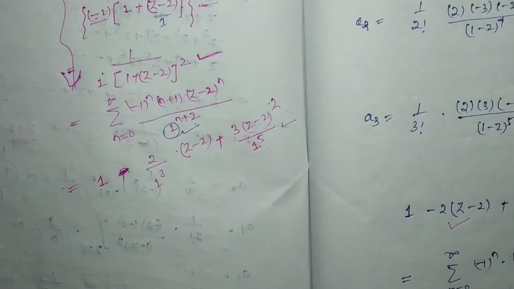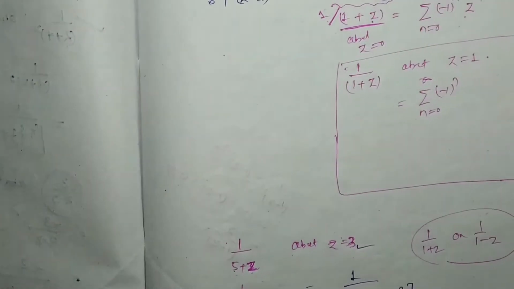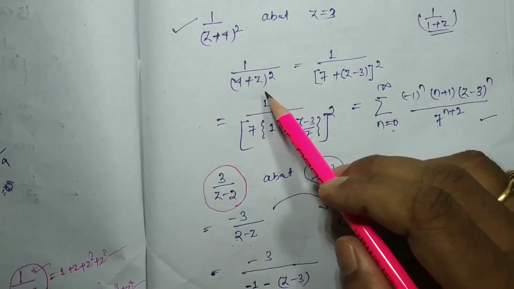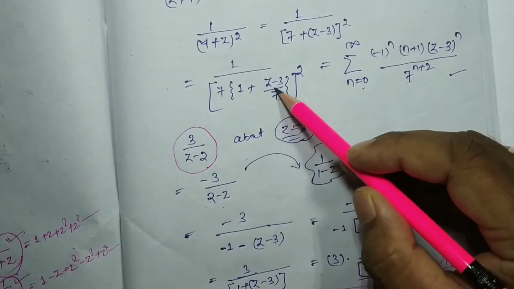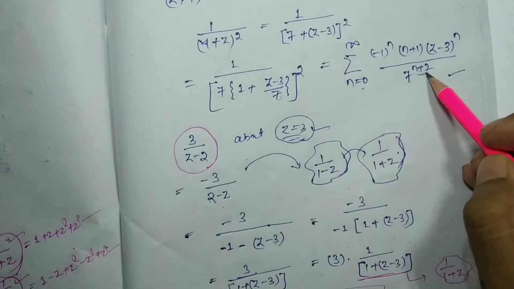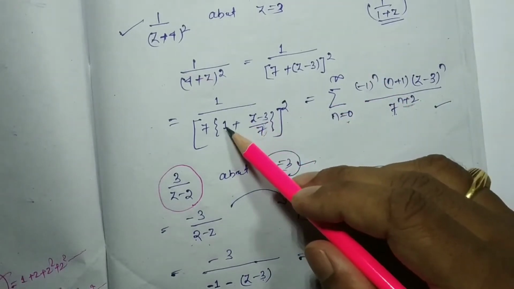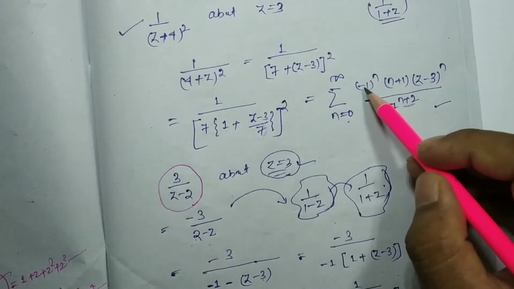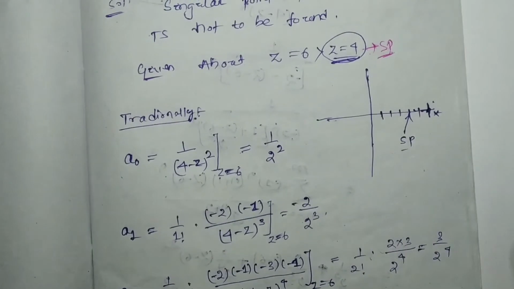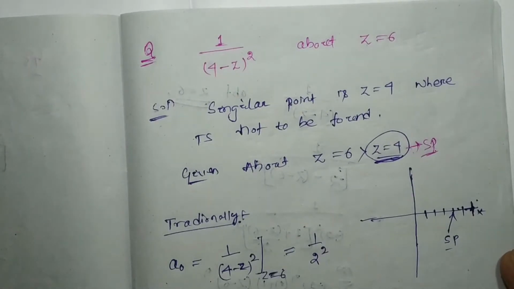Here you can see, suppose this is another question. In this question, whatever term has been divided, that to the power n plus 2 will become. And if 1 plus will be there, it will be minus 1 to the power n. If 1 minus will be there, then the minus 1 to the power n will not come into the picture. So another one or two questions we are going to discuss based upon the Taylor series in this class.